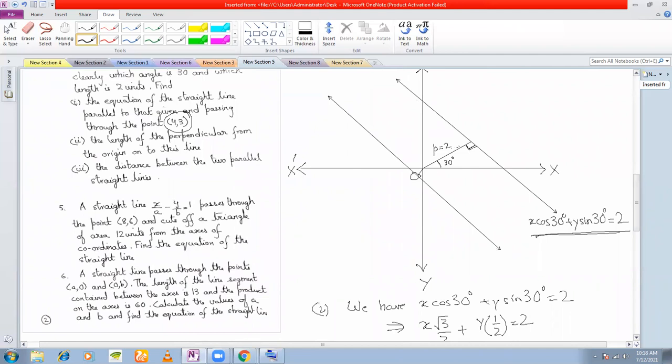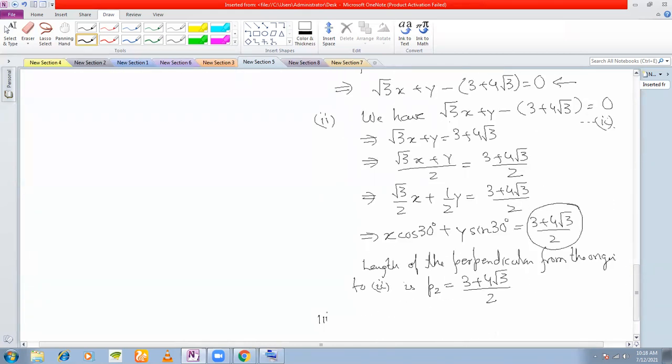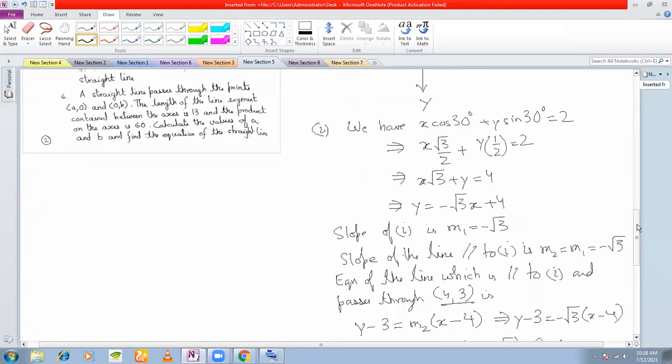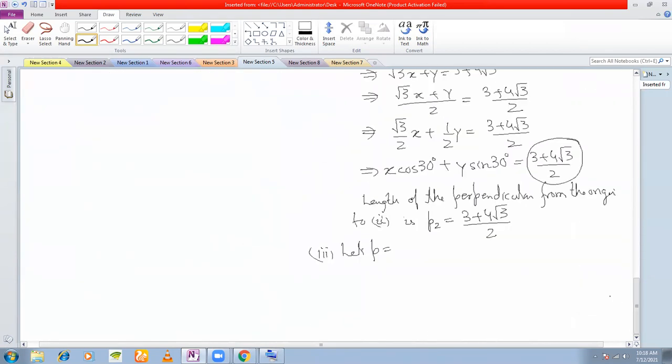Now the question is, find the distance between the two parallel lines. What should be the distance between these two parallel lines? See, we have drawn a perpendicular here and we have drawn a perpendicular here. So this entire length is the distance between the parallel lines, right? So let us call the first perpendicular that we drew here, this one, P1. P1 is equal to P is equal to 2 units.